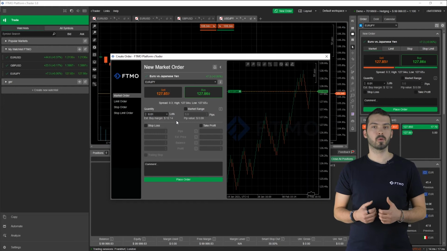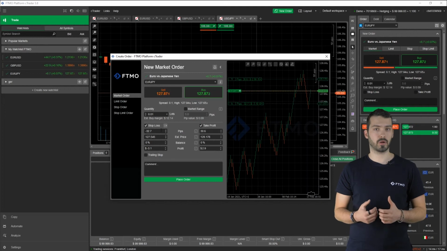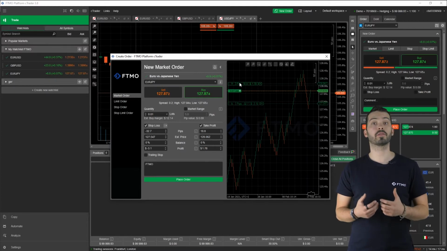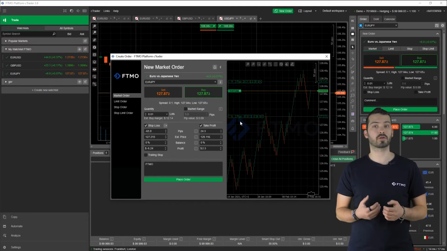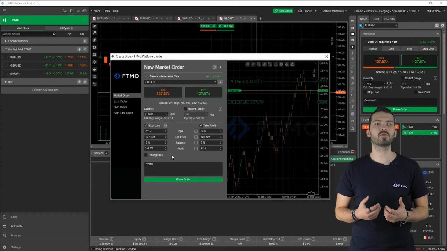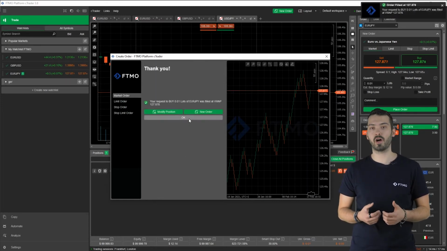Below the quantity, we can set our limits on the order. You set here your stop loss and take profit for closing your trade. You can also add some comments there. You can also use the chart on the right to quickly drag and drop your stop loss and take profit levels and see potential loss and profit. This feature is very useful in quick decision making, and it is something that MetaTrader does not offer.